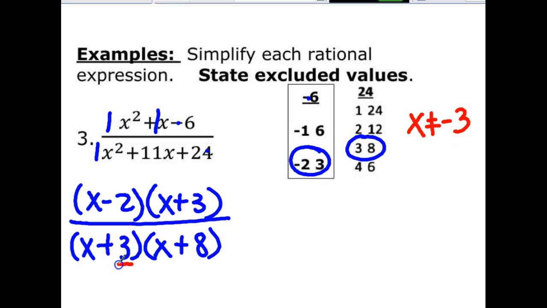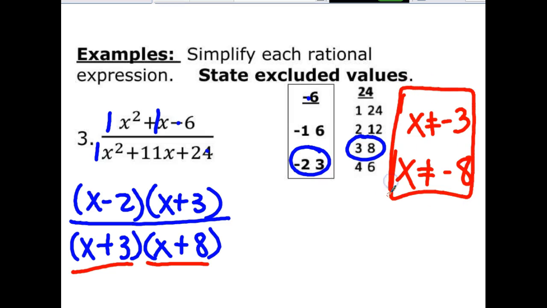If I solve that for 0, it's just going to change the sign on the 3. If I solve that for 0, it's going to change the sign on the 8. If this is simple factoring, those are the two excluded values when you change the signs. So these are my excluded values. Now what's going to cancel? And so the final answer is